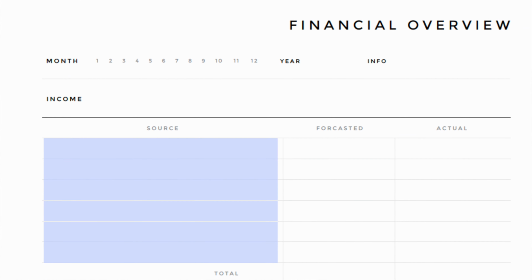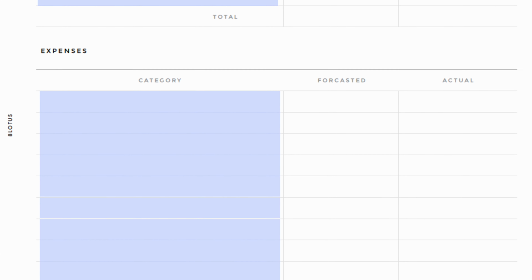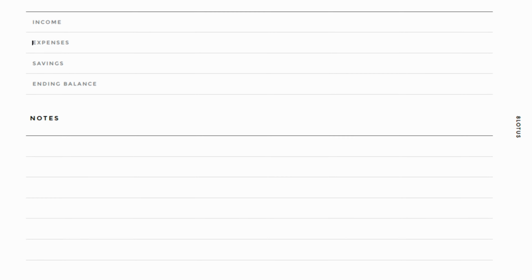And then finally, I come to the finance section, and I'm not going to show you the one that I filled out for this month so far. I'll show you a blank one. Again, this is from 8LOTUS, and I am in love with this one because it's really quite simple, straightforward, but it has everything that you need. For example,